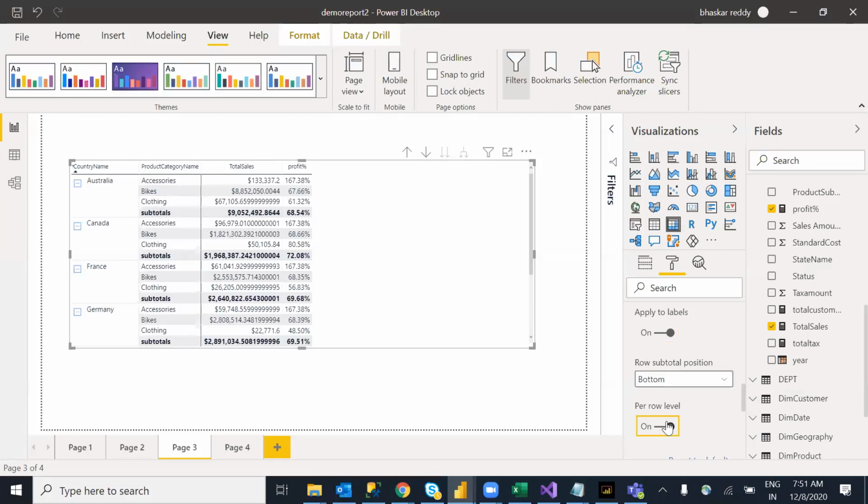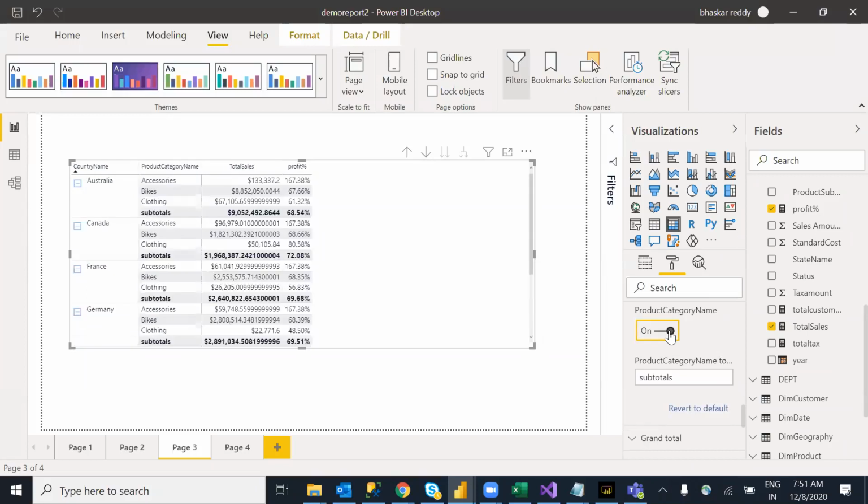Then we have the row level. Your row level subtotals were already there. If you select the country name, the totals won't come for the country level, because the country names are already totals. For the country category name, here I don't want any totals.